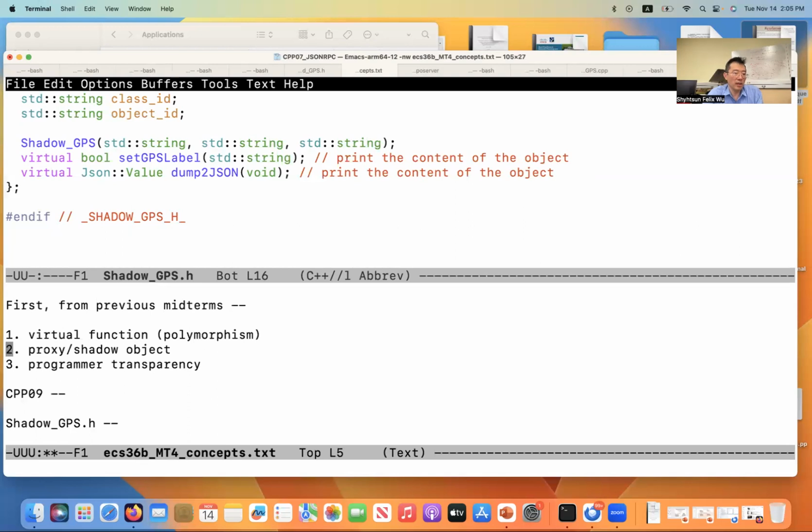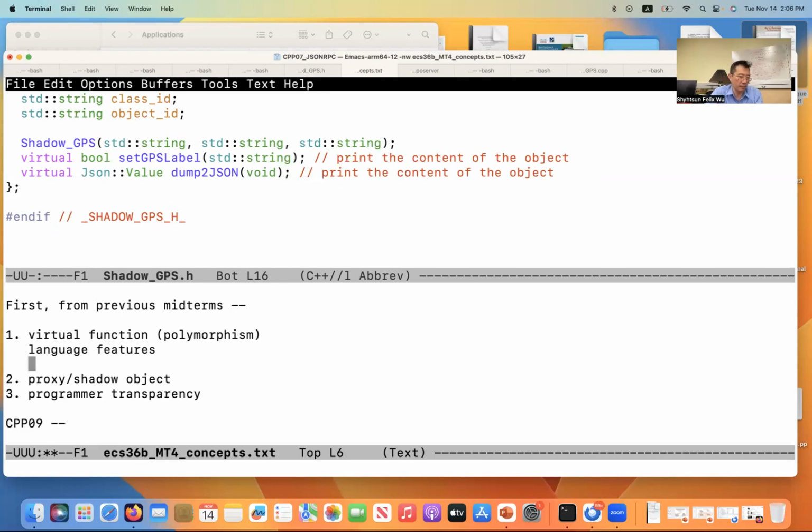Yeah. So virtual function is provided by the language. It's a language feature that pretty much every language has. I mean, every language has some way to represent polymorphism. In C++, it's called virtual function. But then I'm using virtual function to implement proxy. Okay, so implement this concept called proxy object. I'm using that such that the proxy object is helping me to separate